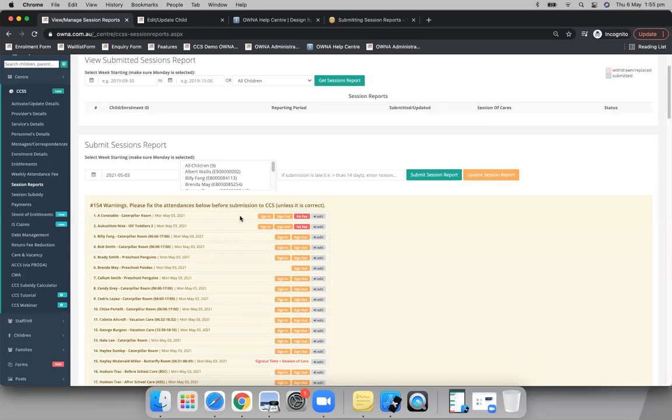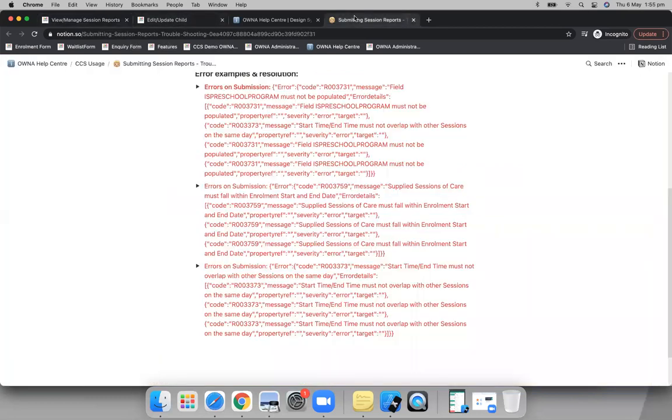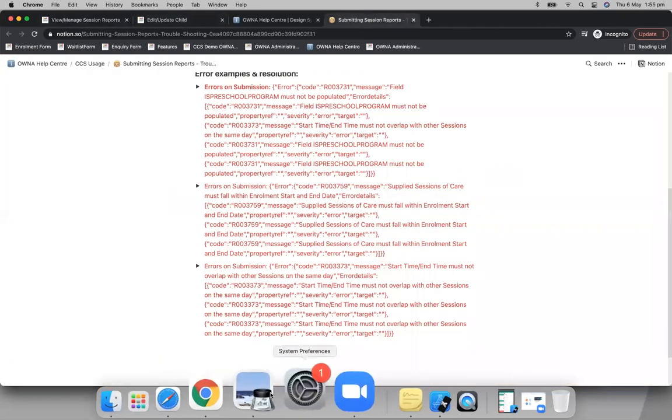And essentially, if there's more than an hour difference between the sign out time and when the session should have ended, it will come up as a warning here. Okay, so especially more so for USH/OSH services and anyone doing before and after school care, that's going to be a nice way to be on top of that as well. Okay,